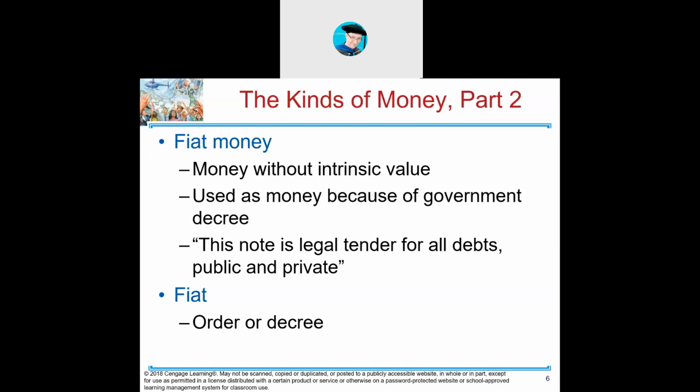Okay, so now the country of Venezuela controls all of the oil in Venezuela and controls the value of the currency in Venezuela. And so what happened is,